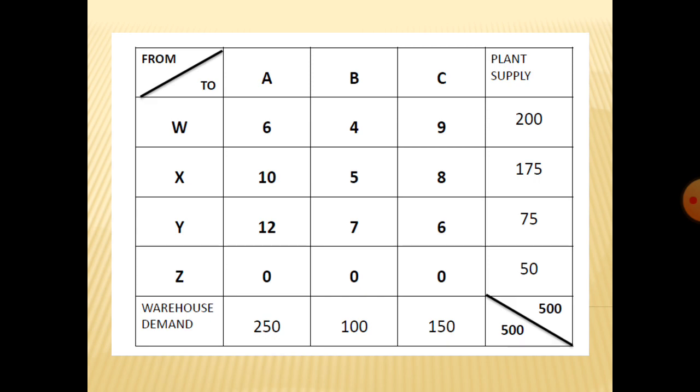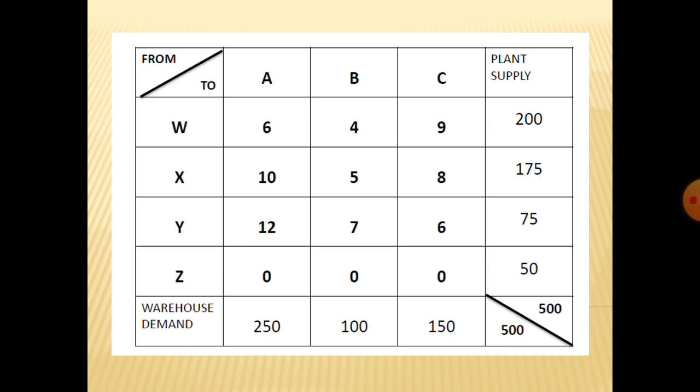See, we are allotted W, X, Y, Z. For the Z column, only one row is allotted, with cost 0. What is the difference of demand and supply? We have to add; 50 is the demand. It is a shortage in the supply. It is a shortage in the supply. The 50 is more in the demand.